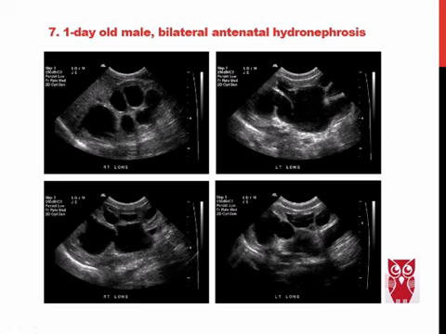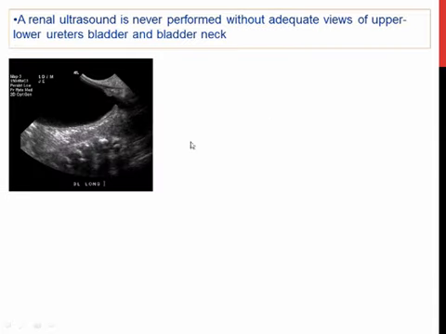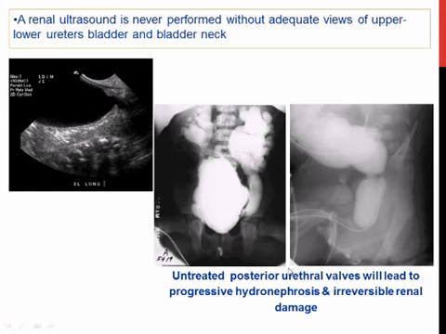Moving to the retroperitoneum, apart from acute pyelonephritis as an emergency, you have this situation. You have a newborn, few hours old, with bilateral antenatal hydronephrosis. You confirm bilateral antenatal hydronephrosis. You need to do your work properly and preferably start your renal ultrasound scan from the bladder and try to identify the urethra. And even if you don't identify the distended posterior urethra, you need to perform a lege artis